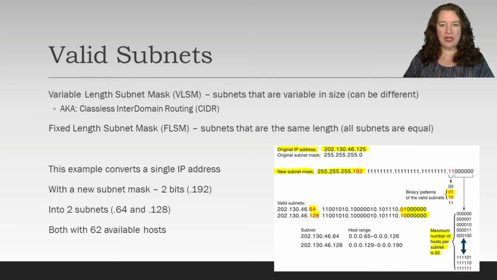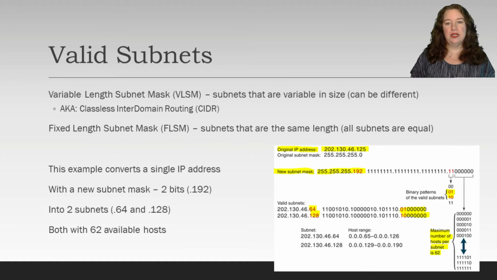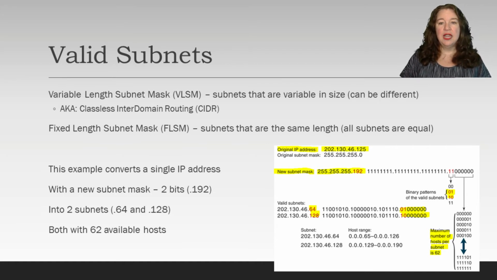So 64 being the last octet, we have to go up 1 more because our subnet gives us the range of our network, and then we have to go up to 65. So we're going to start from 65, and we can only go up to 126. So 127 is broadcast, 128 is the new network. So we can only go up to 126. So you can see 126 minus 65 is going to give us that 62 possible options